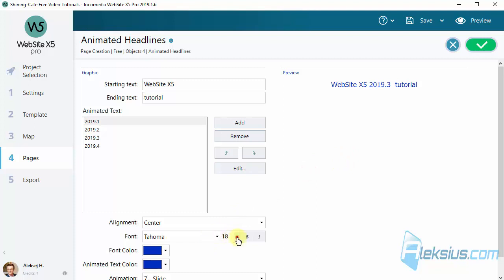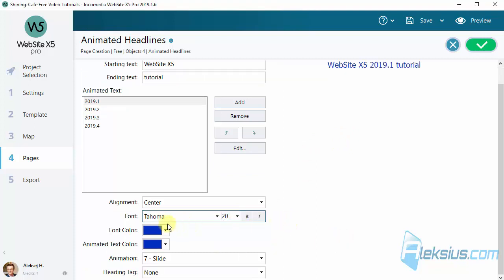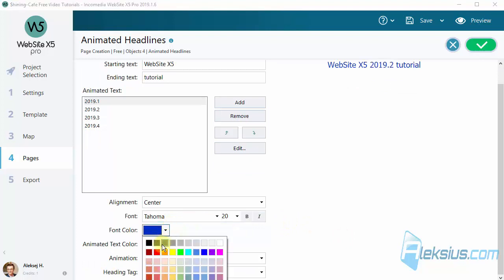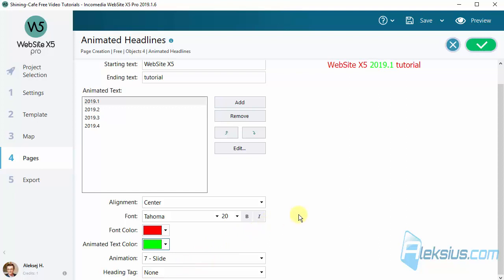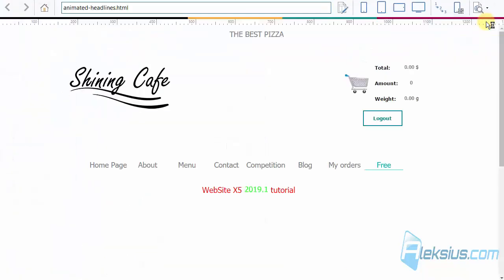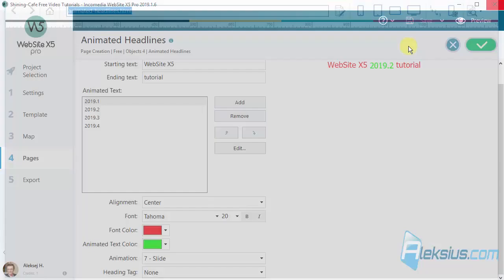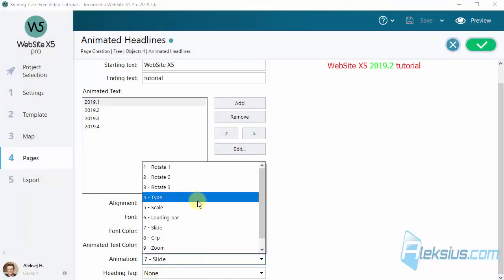Let's change font styles. So here we can see this animation. We can change the animation